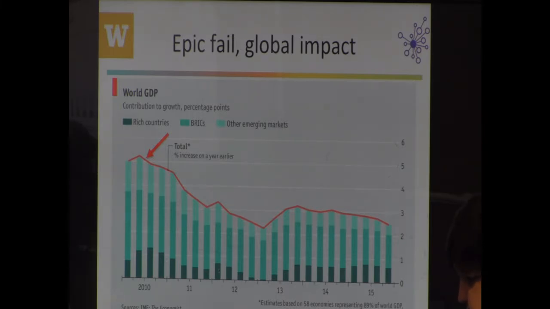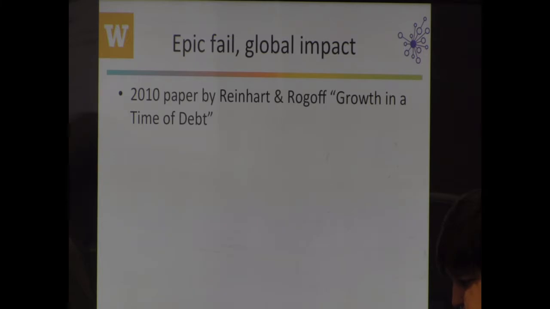And if you think about which countries can borrow, it's the rich countries and maybe the BRICS, right? So they have the financial power, even in recession, that they can borrow against their national debt. So 2010, Reinhart and Rogoff, two economics professors from Harvard, published a paper called Growth in the Time of Debt. Anybody aware of this paper? It actually made it into presidential elections. It was brought up in debates and stuff.